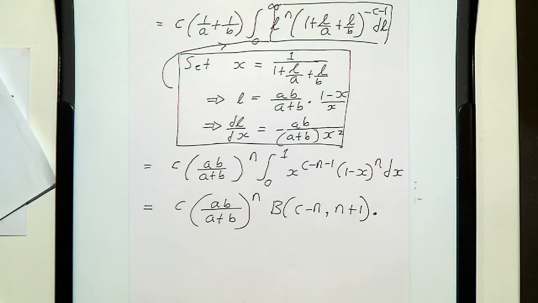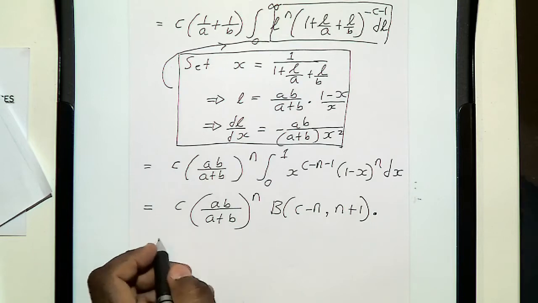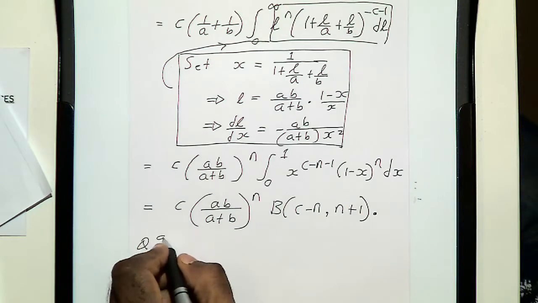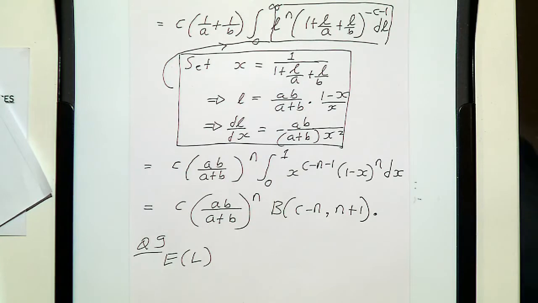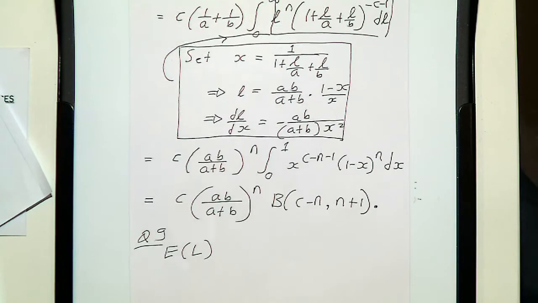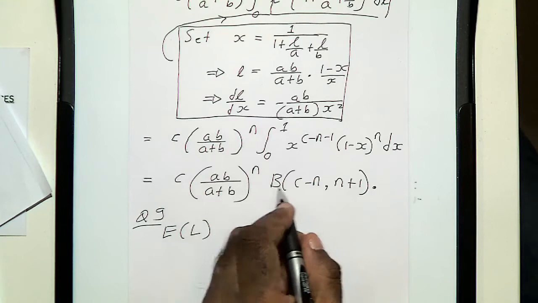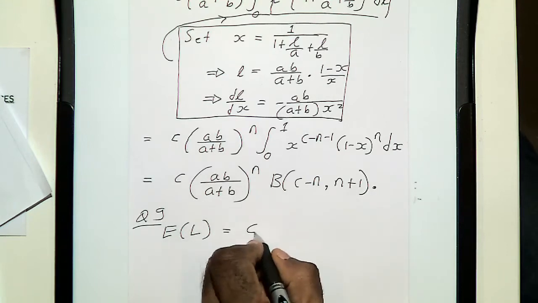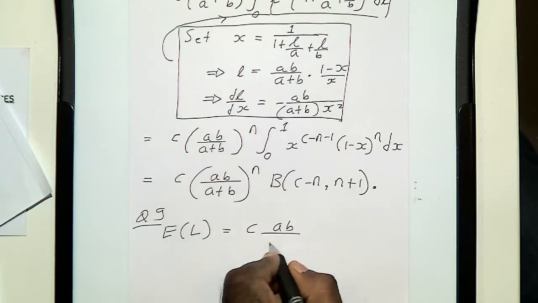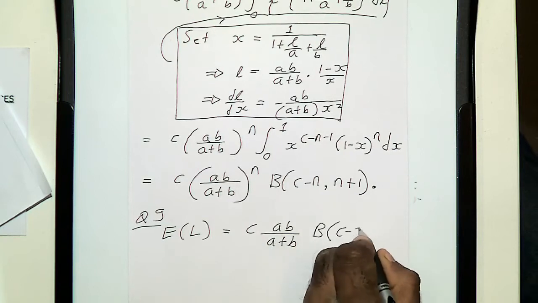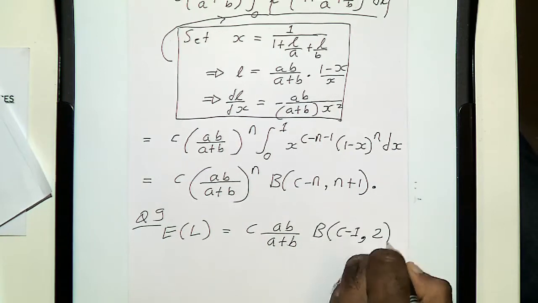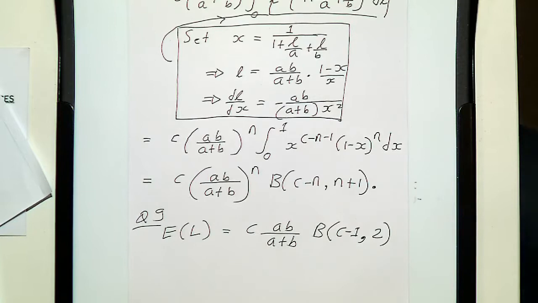Now the next part is to find the mean of L. So I can do it here. So part 9 is to find the mean, which is the same as the expectation of L. So what you need to do is just put n equal to 1 into this formula. So you get C